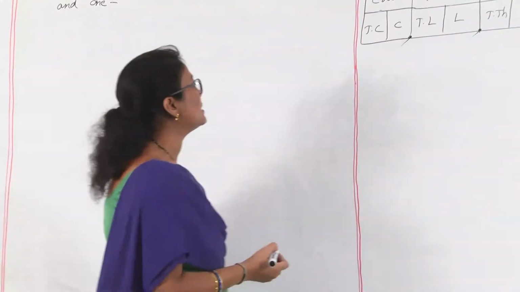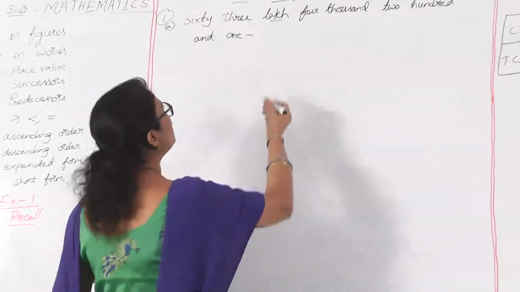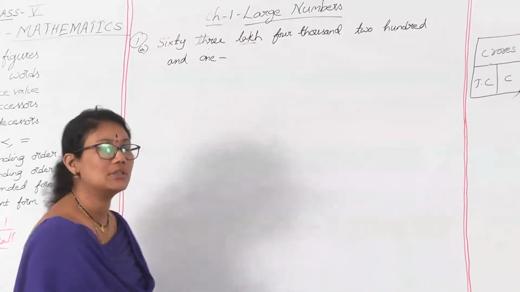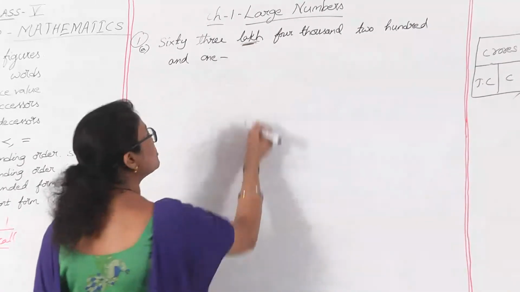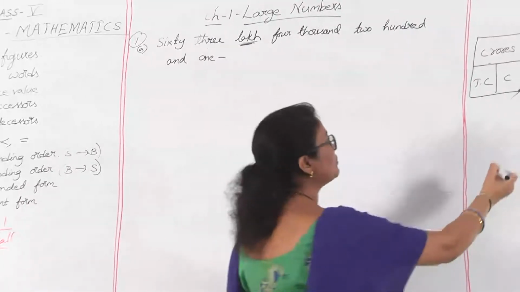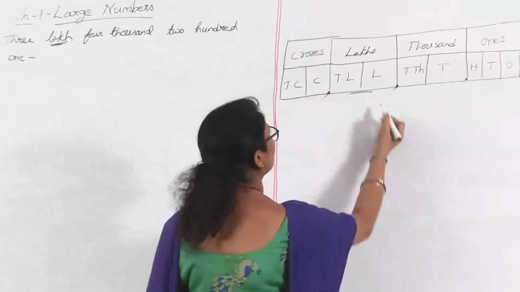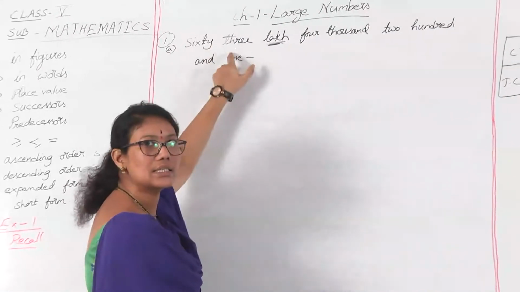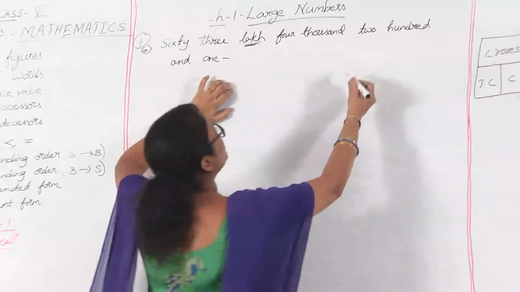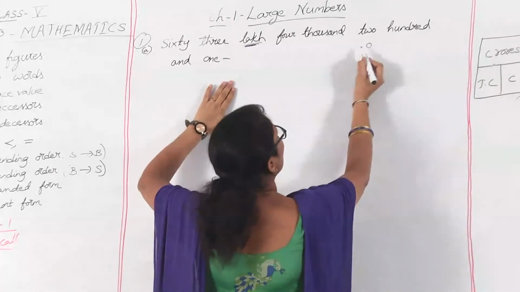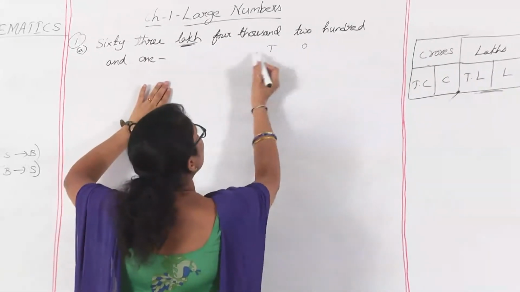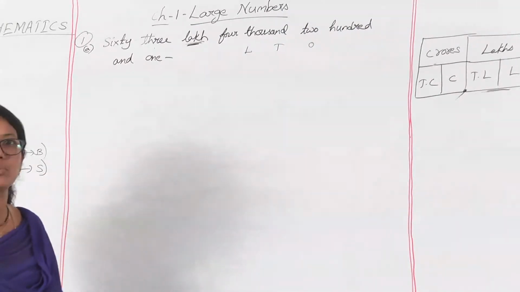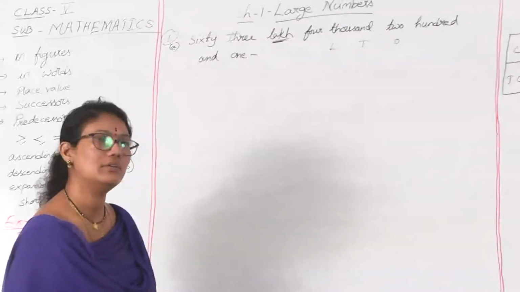Now let us see about which place it is mentioned in the given question. So it is mentioned about lakhs period. So we start from here, right? It is given as 63 lakh. Before going to this, it is better you write ones period, thousands period and lakhs period. If you write the periods before, it will be easy to write the given words in figures.